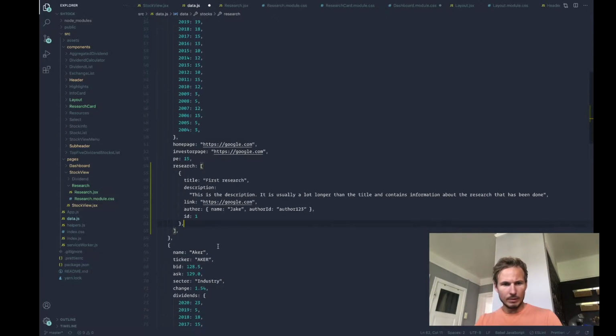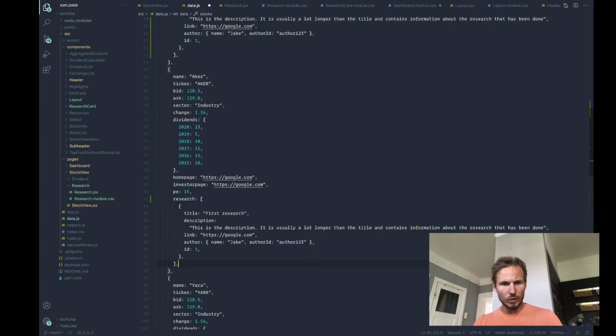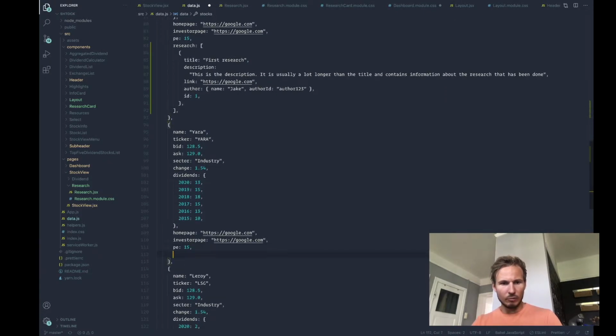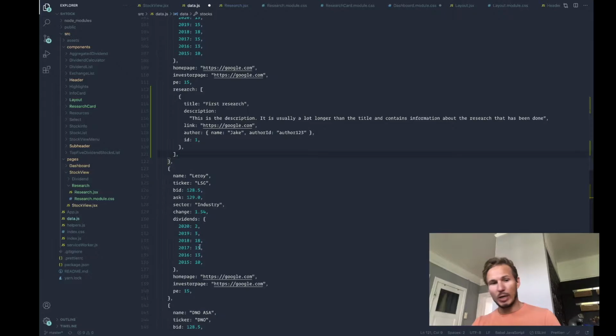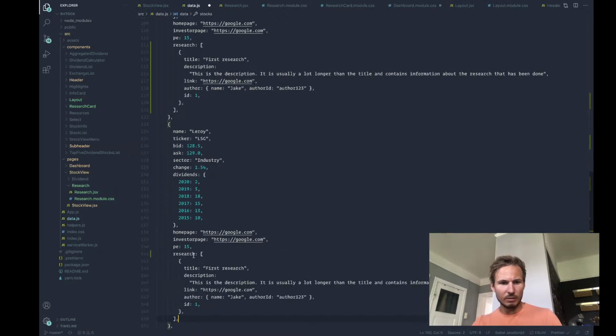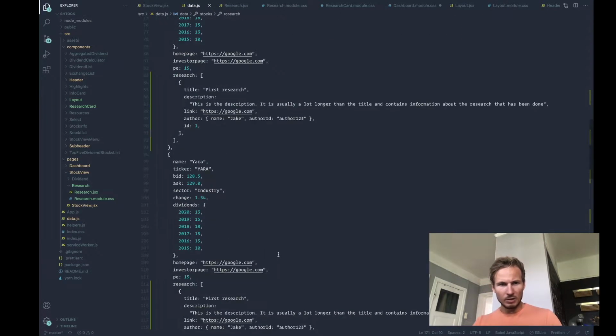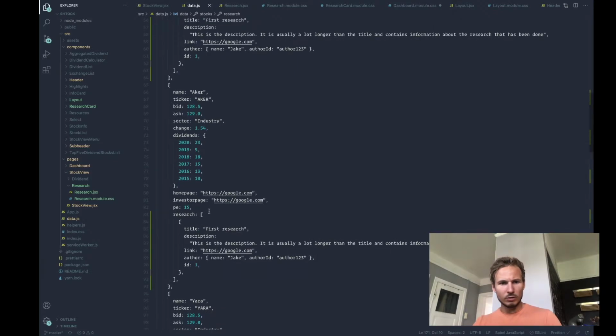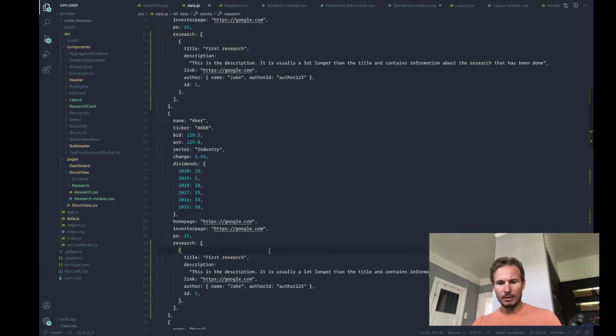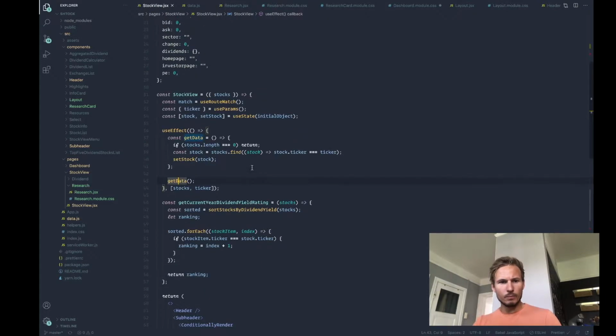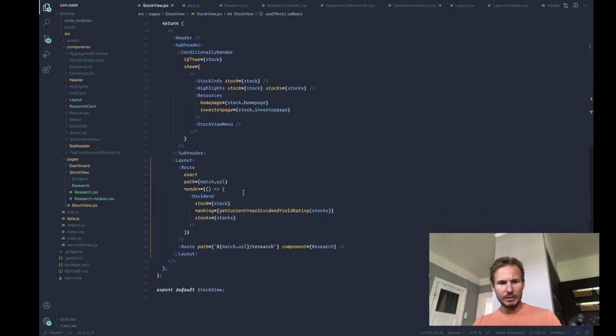All right. So we need to add this to all of our stocks. And in real life, once they come from an API, they will have their own data. But for now, we're just going to duplicate it. So, okay, now all of our stocks have a research property, which means that we can go to our stock view and we can make sure that inside of the route here, we want to give the research component the